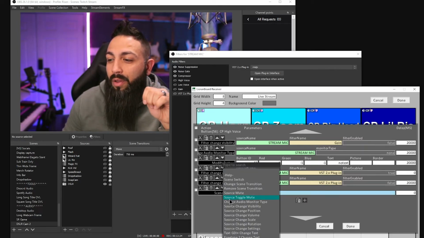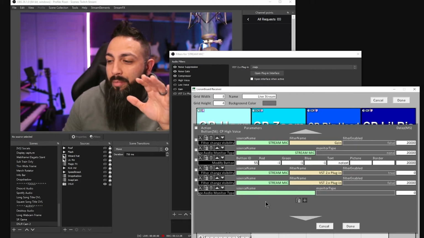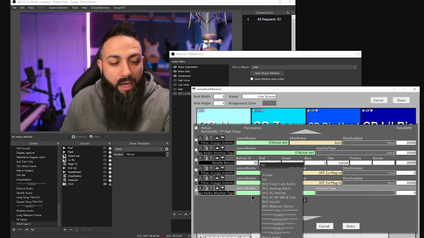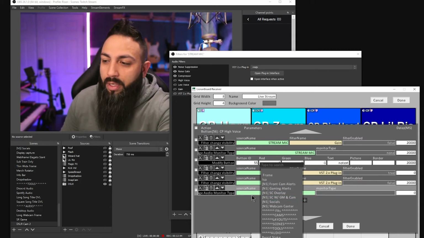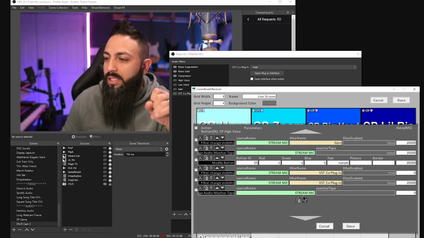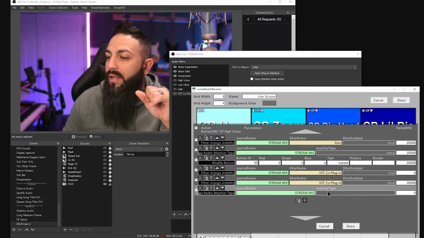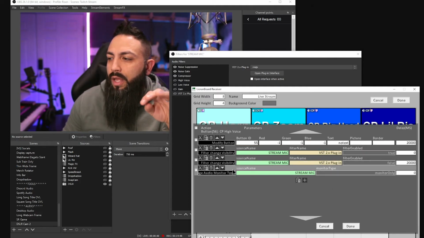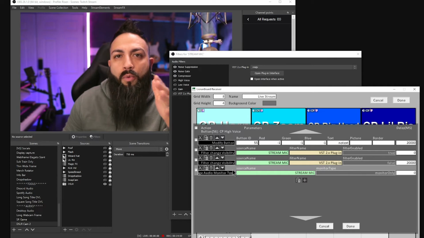This time, all the way on the left, we're gonna choose change audio monitor type. For the source name, we're gonna click in there, and we're gonna just start typing our microphone. For me, that's my stream mic. And then for the monitor type, we're going to choose monitor only. Next thing we're gonna do is we're gonna duplicate this so that we can turn it off when the plugin